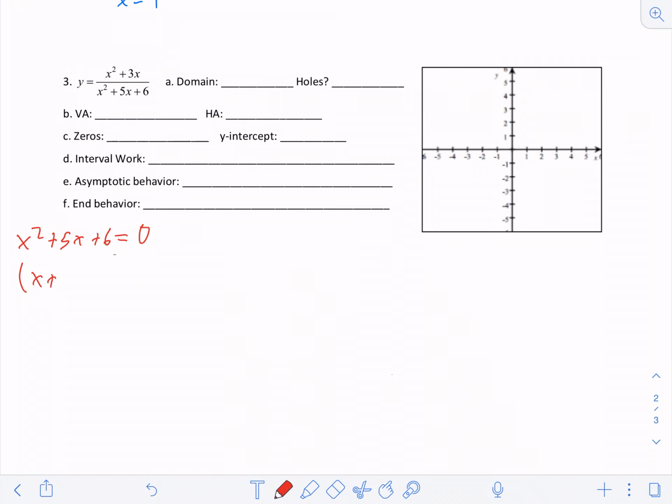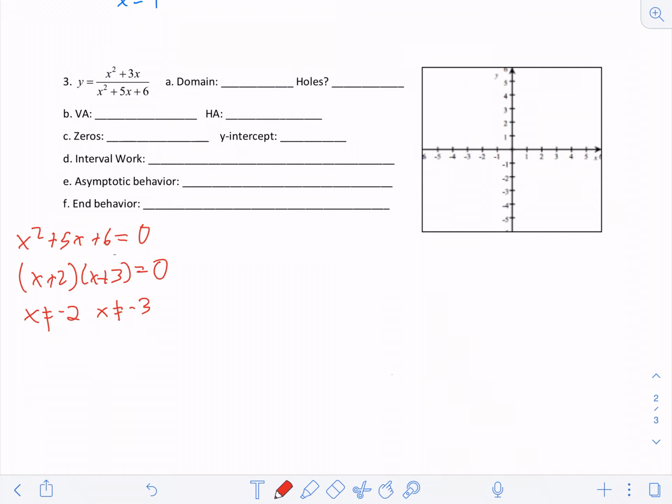Well, this factors, right? So I'm going to go ahead and say that x plus 2 and x plus 3 is equal to 0. That means x will be negative 2 and x will be negative 3, right? These are the values that x cannot be in my domain. So my domain in this particular one is that x cannot be negative 3 and x cannot be